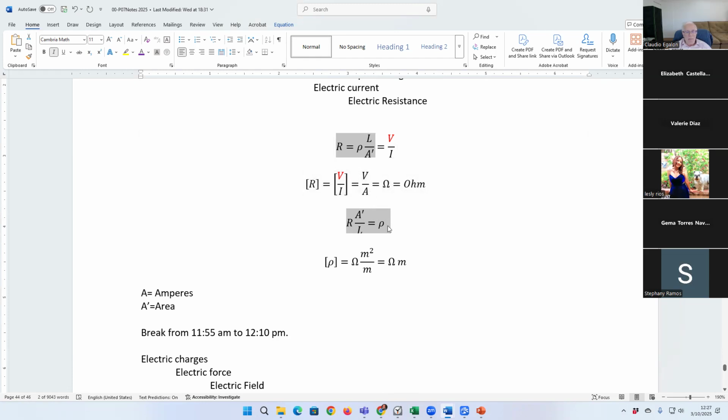Yes or no? That's what you have to ask yourself. Yes, because here I'm solving for rho, and here I'm solving for R. They are in agreement. So this equation is the same as this equation, just written in a different format. But don't forget, the resistance goes down with the area. The larger the area, the less resistance. Okay,